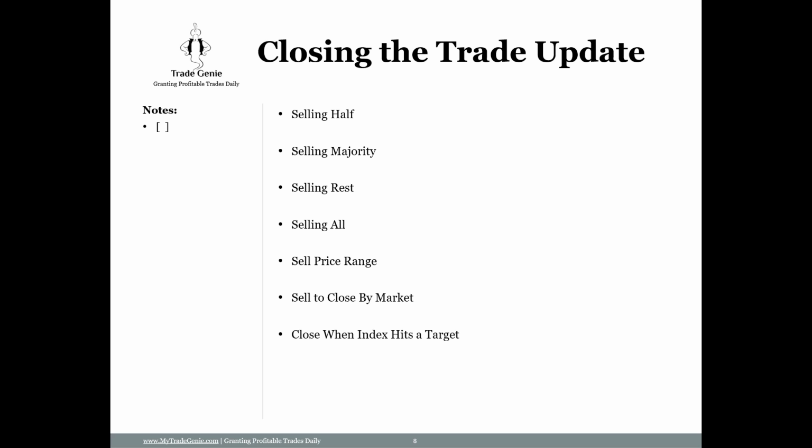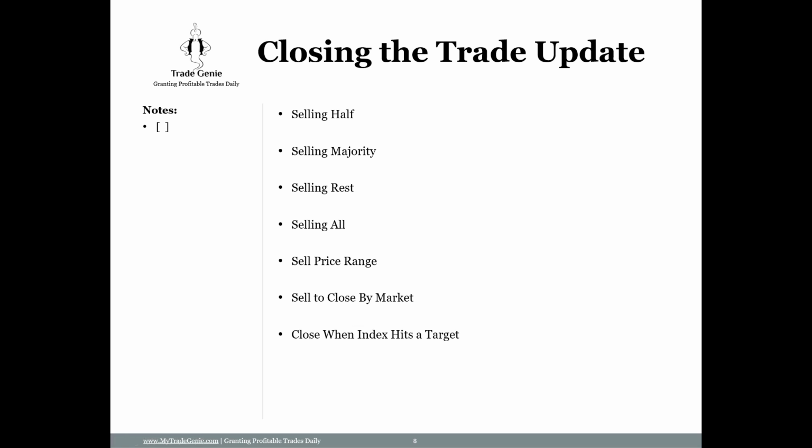So it means before the market close, you have the option to close it now, or you can wait, watch, and close it next hour or 2 hours by the time the market is closed. So sell to close by market because it's trading within the range where we are supposed to close. Or sometimes the stock is just moving up rapidly towards the target, let's say towards the red. So I give you some margin to close and take more money, like 20, 30 cents per contract extra. So that's another kind of sell target I provide.